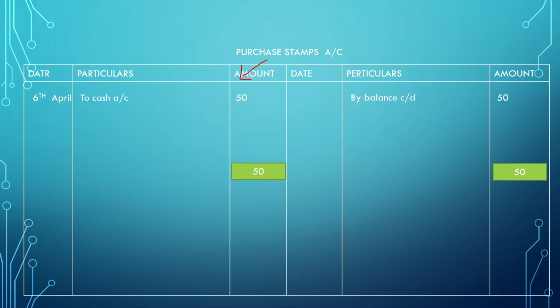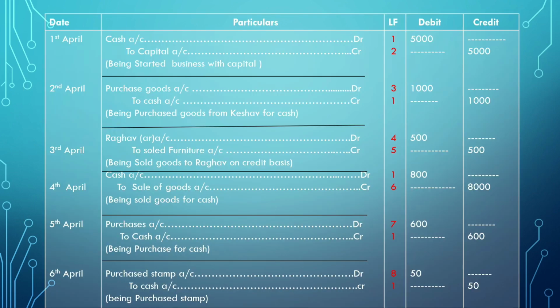It's 50 rupees, balance carried down at the end of 30th April. This difference will be forwarded to the next month, 1st May, as the opening balance, balance brought down 50 rupees. And the next